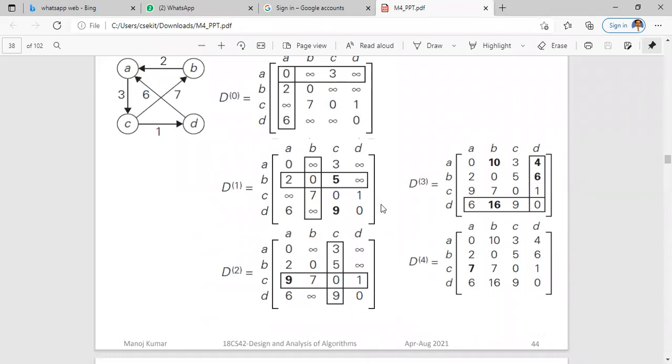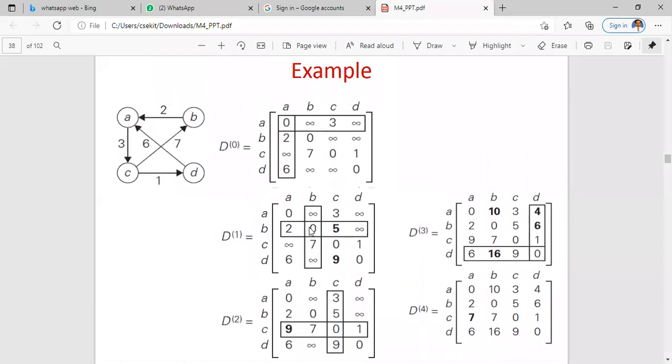Okay, so understood how you are going to find the path, and again and again I am telling. If you have to find the path from one vertex to another vertex, how are you finding the path? I am telling the direct answer. From A to B, it is 3. From A to B you can take it as